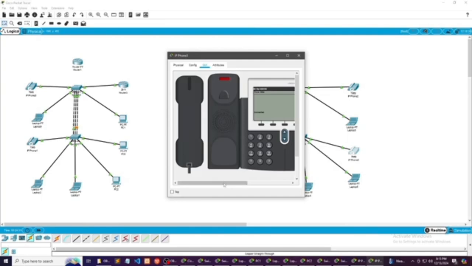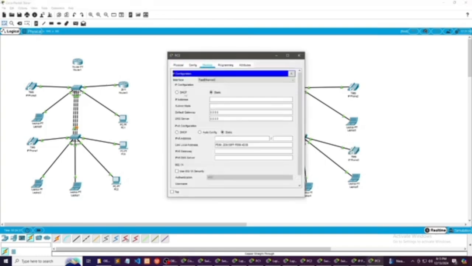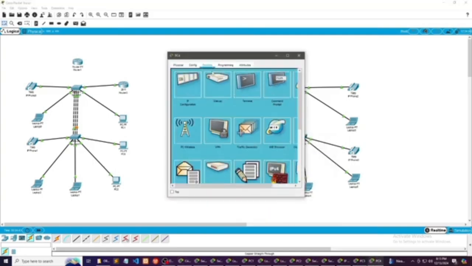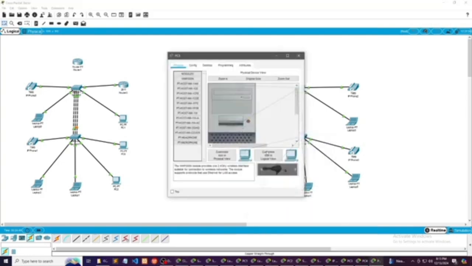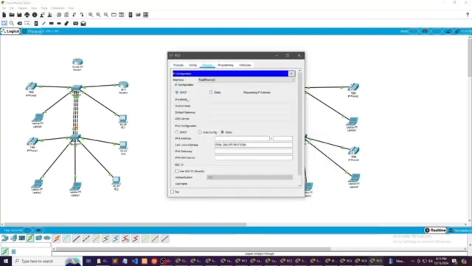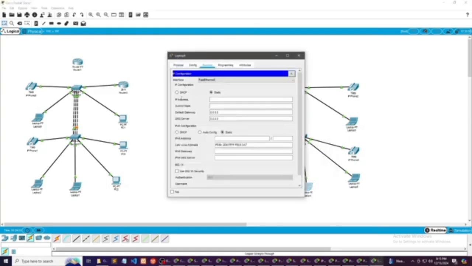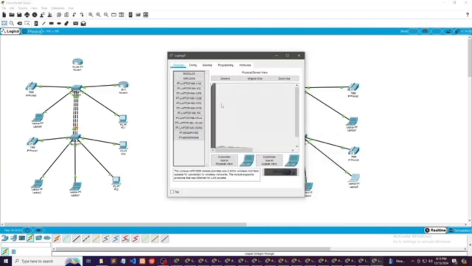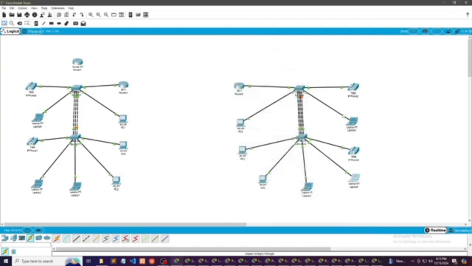So, pareha po naman buhaton na to. Do the same thing actually sa gibuhat to ganina nga gibuhat sa PC and sa laptop, no? Just click the PC, choose desktop IP configuration, and then DHCP. Okay, after that, the other one, desktop IP configuration, DHCP. Okay, the laptop, and so on and so forth. Okay, you can now minimize it.